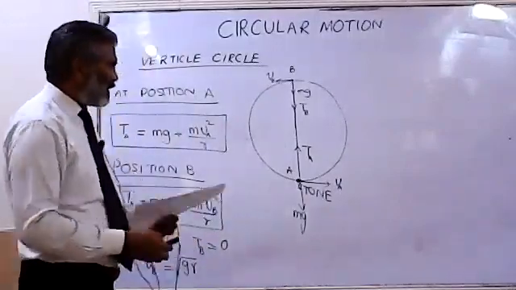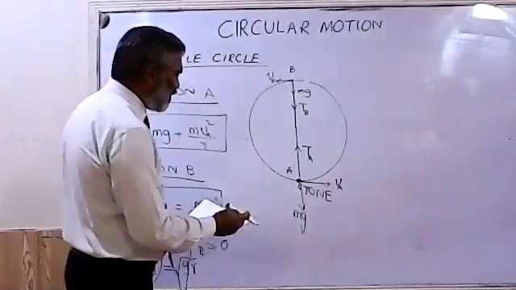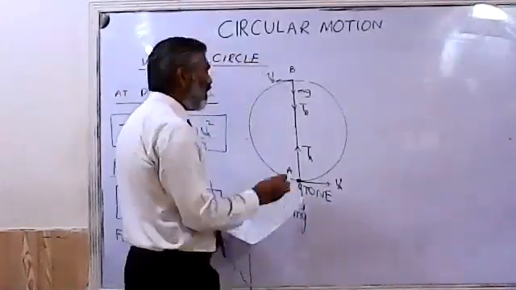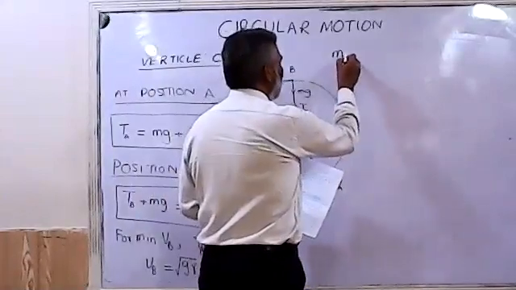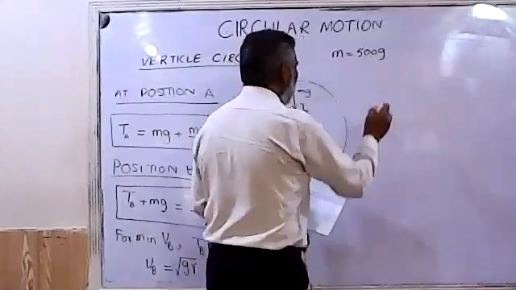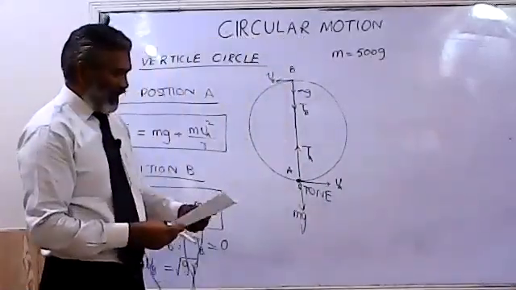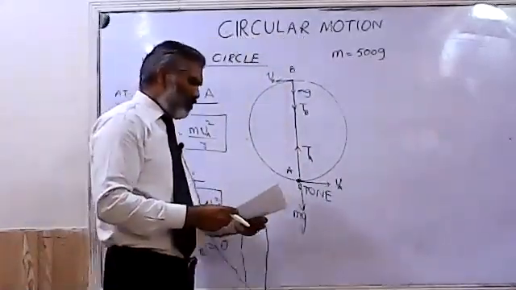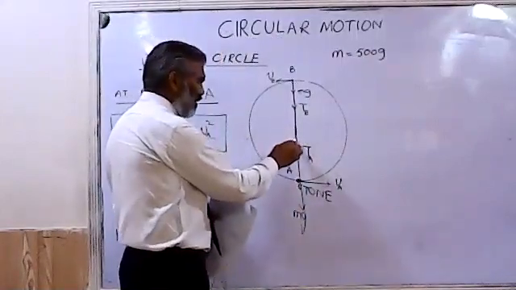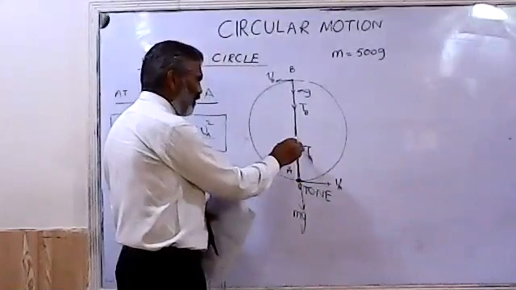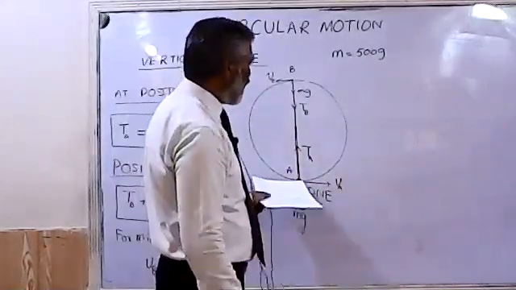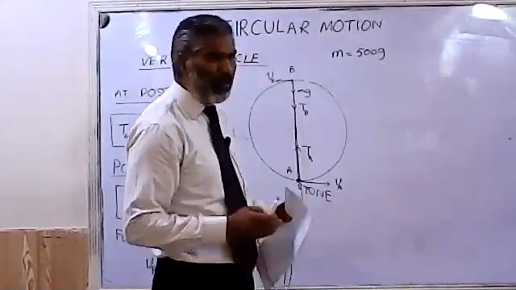Suppose the stone that we have used in this case has a mass of 500 grams. A 500 gram mass is attached here, and this is a stiff rod. This is a stiff metallic rod, and at the end of this we have tied a stone with a glue,